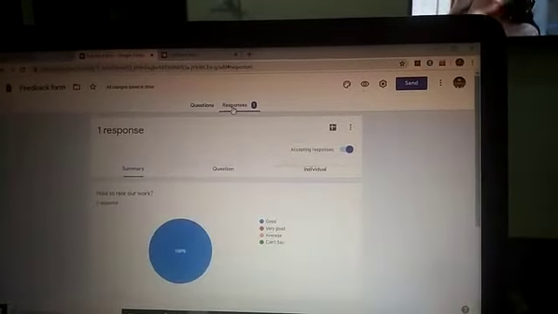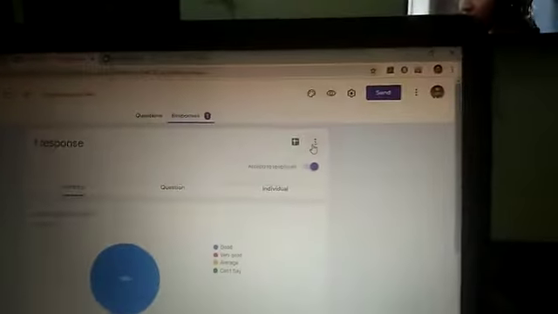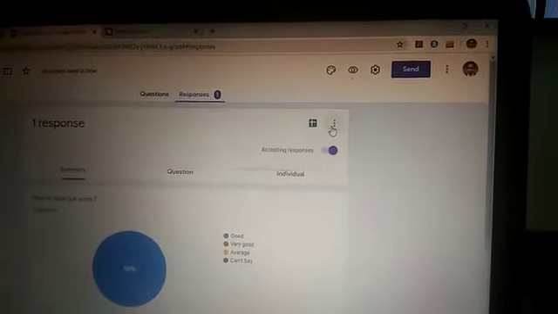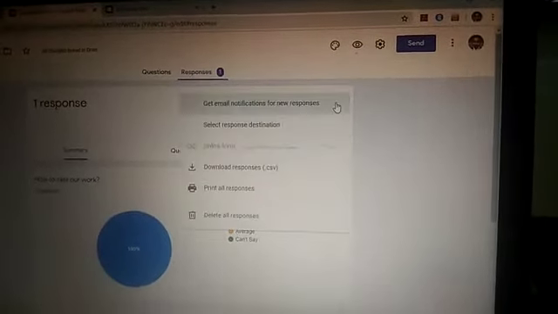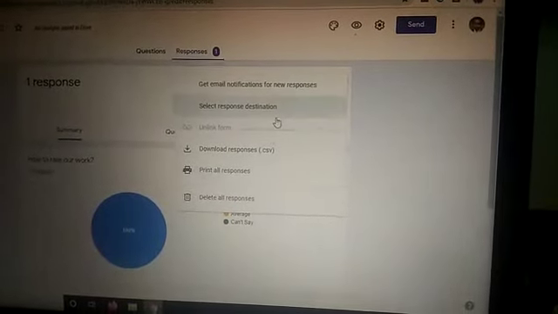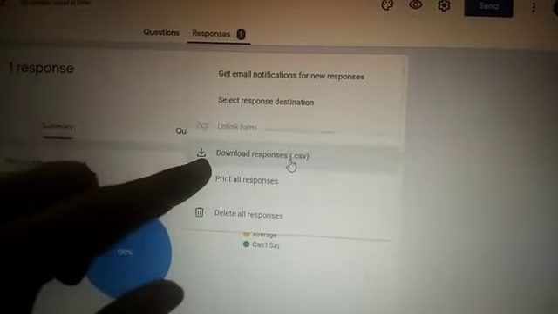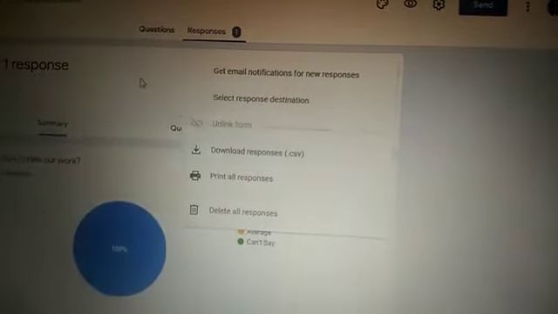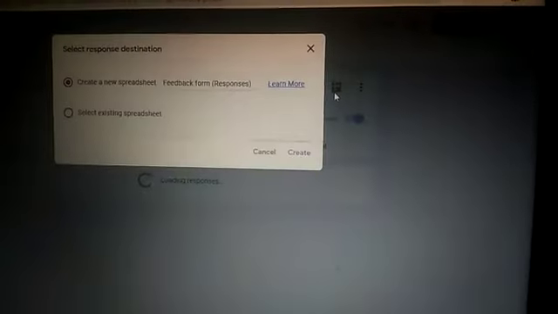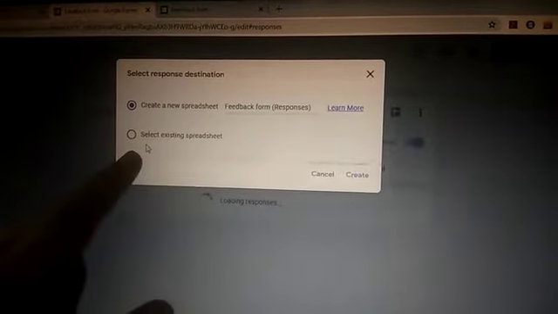One response has been given. This is a pie chart, and you can click on this 3 dotted pattern to download responses, or the simple way is just click on this plus button and you can create a new spreadsheet or select existing spreadsheet.